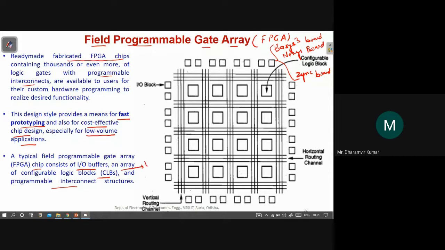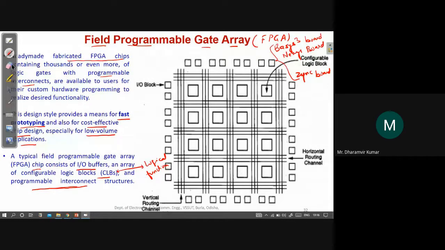The logical function is performed by this CLB, it can be said to be the heart of this FPGA. And you have the programmable interconnect structure, interconnects which can be programmed to connect various components within these CLBs within this FPGA architecture.